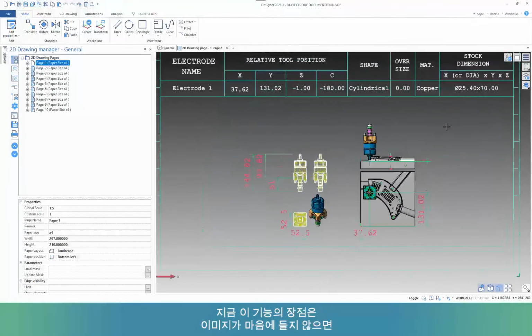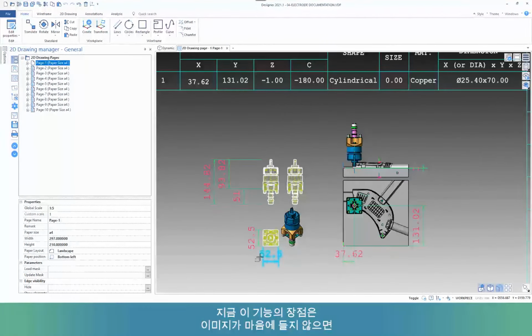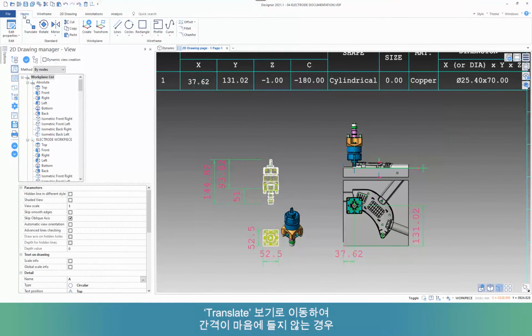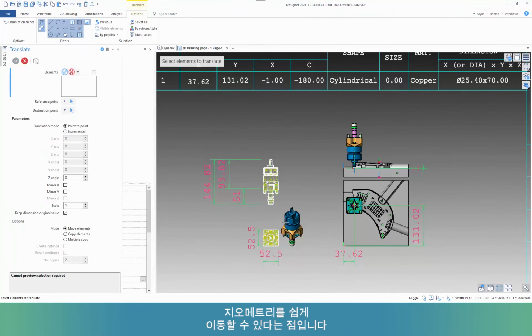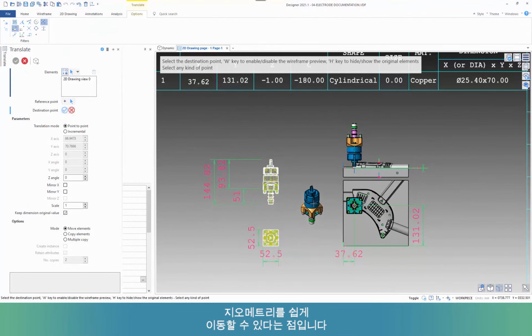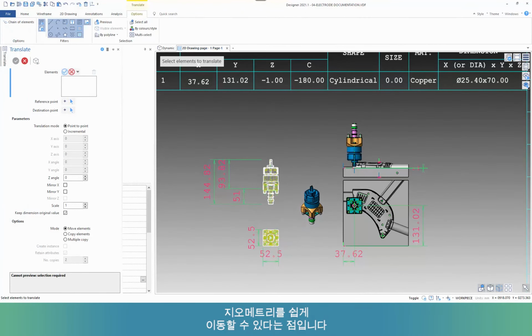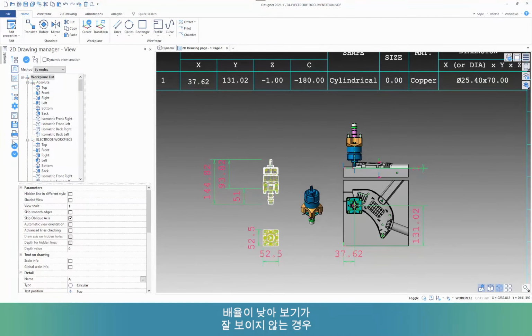And the beauty of this now is that if I don't like any of the imagery, I can come in to the View tab. I can start either deleting geometry if I feel it's duplicated, or if I want to translate views, I'm not happy with the spacing, I can easily move geometry, or if I think the scale doesn't represent the view very well, I can come in here, let's create a